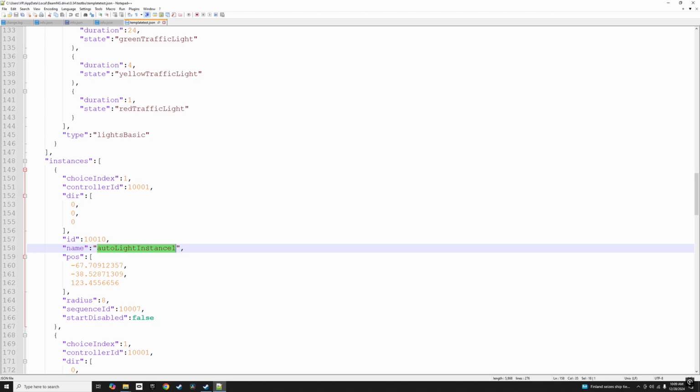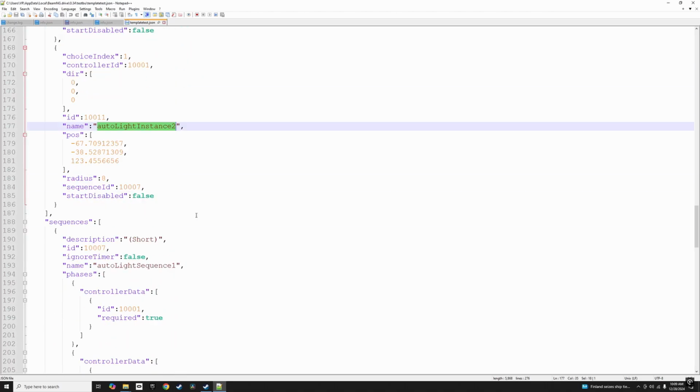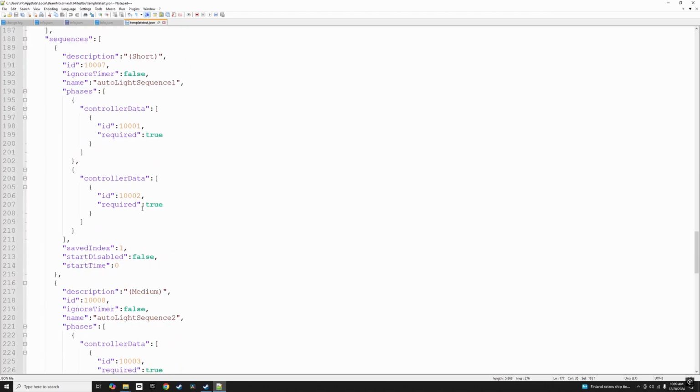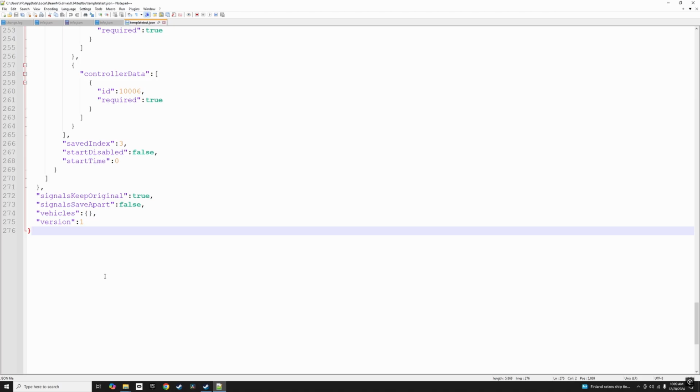And then your instances, those instances were created when I saved the signals, or the traffic manager, I guess, created those. And then that last part, signals keep original, signals save apart vehicles version, that only appears to be when you save the session. That code doesn't come up when I save signals, so I don't know. I don't know if I need that code in there to avoid problems, but